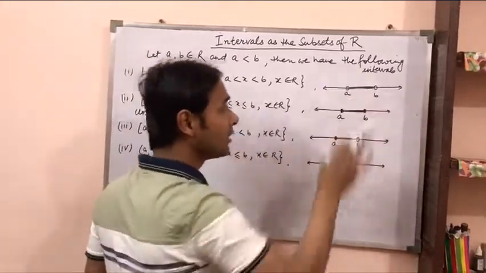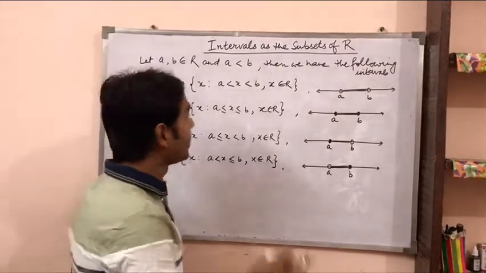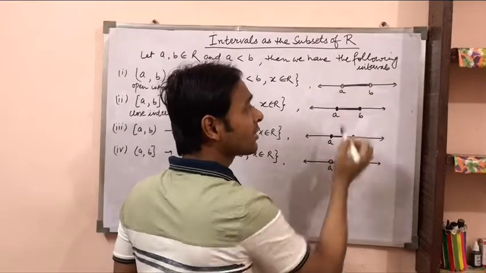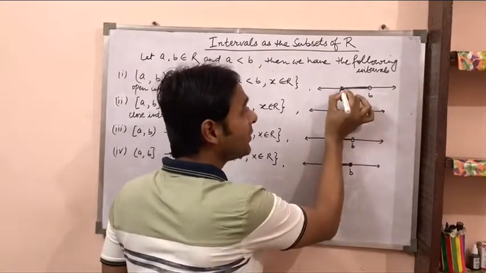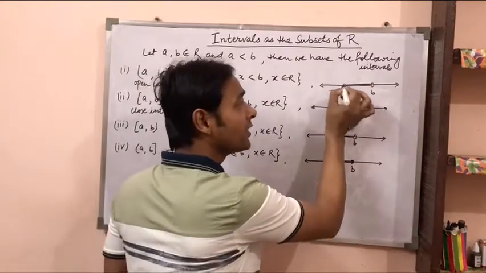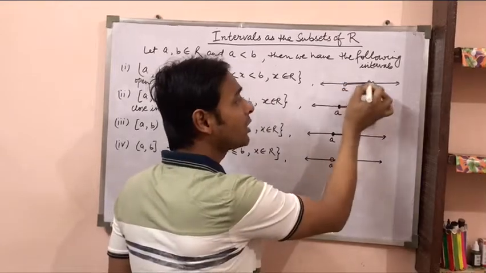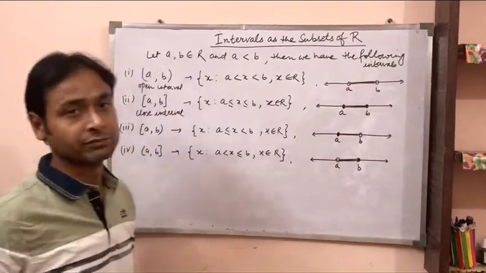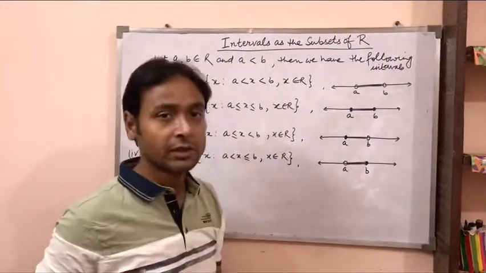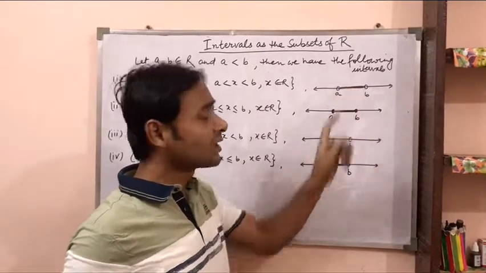Now this is the real number line representation of this interval. Whenever corner points are not included, we make a small circle and we do not fill it. An unfilled circle shows that the corner point is not included. This is the number line representation of an open interval A, B. All the numbers between A and B are darkened, but the circles are not darkened.